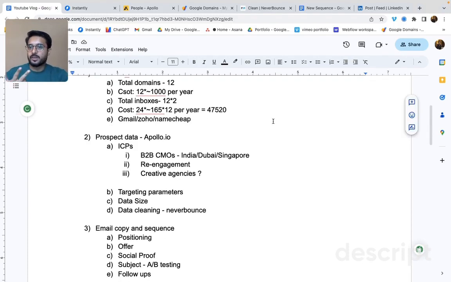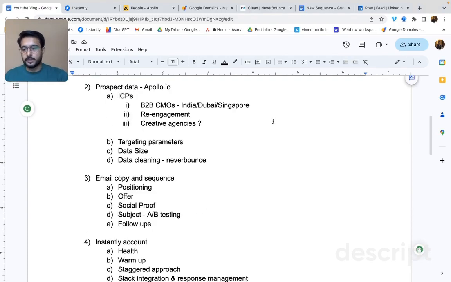So the second thing that we needed is email data, right? In our case, we knew that our ideal client is somebody who's either head of marketing or really senior in marketing or sales enablement or PR or internal comms. And they are in an organization which has at least 200, 300 people. These are the basic parameters that we set.